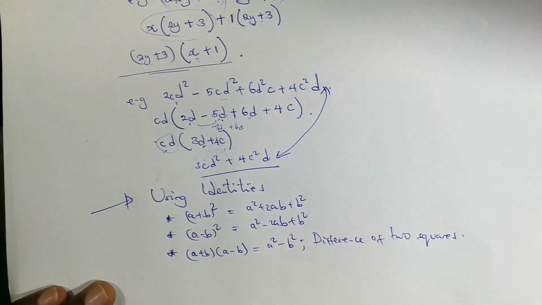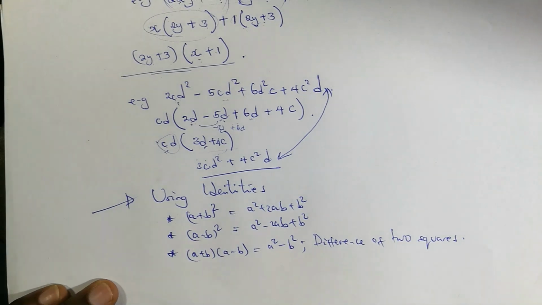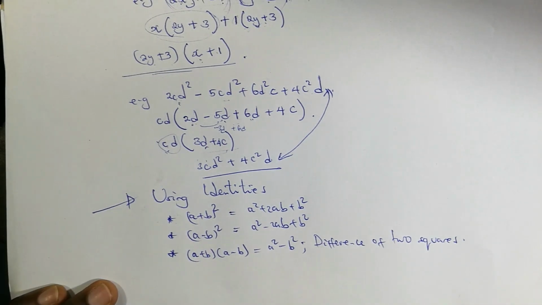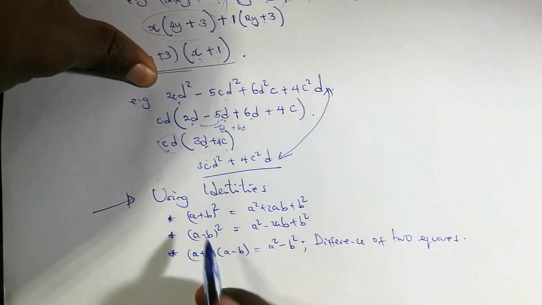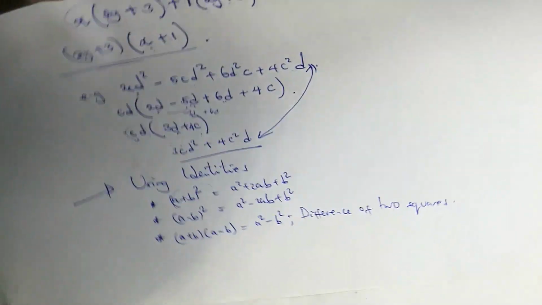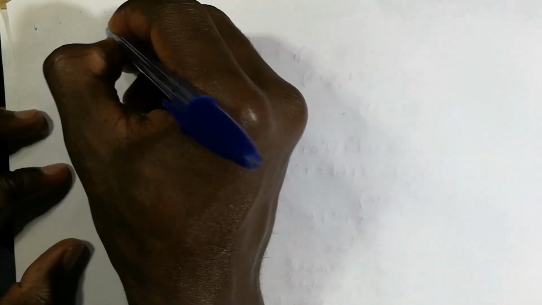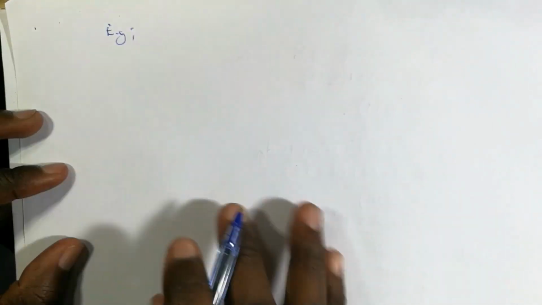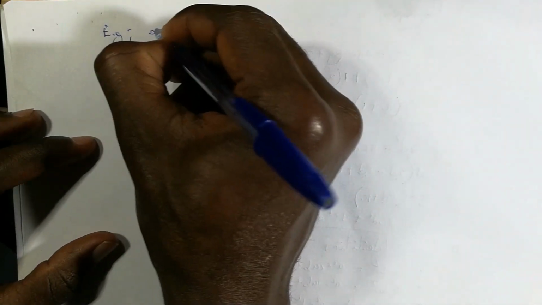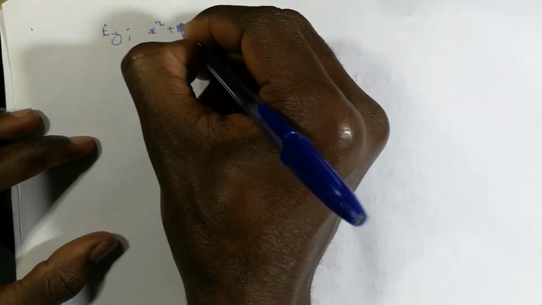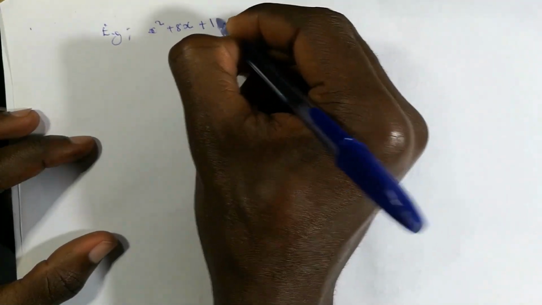So those are the identities. In some cases you can factorize using these identities. Let's look at an example. Let's say x squared plus 8x plus 16. We need to recall that